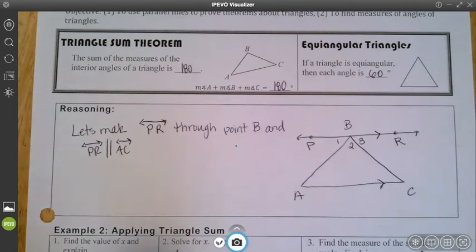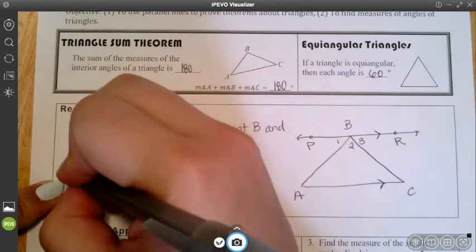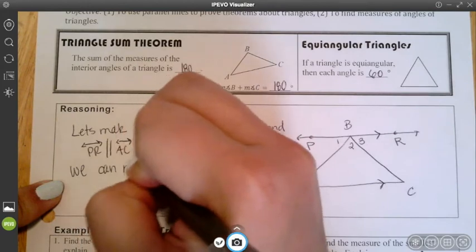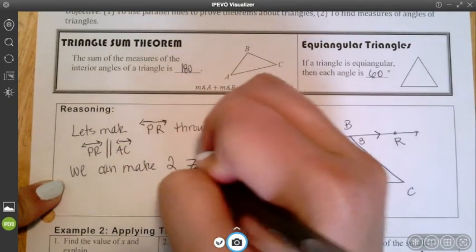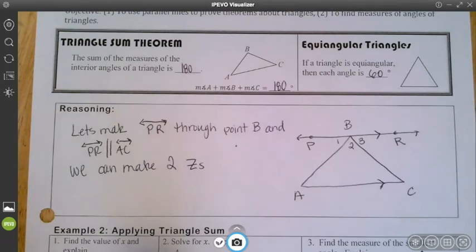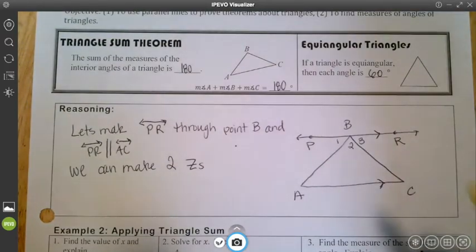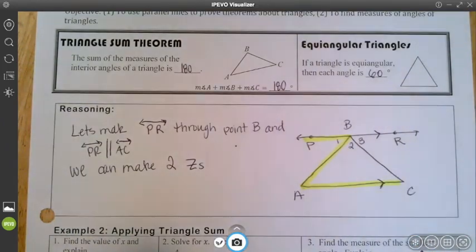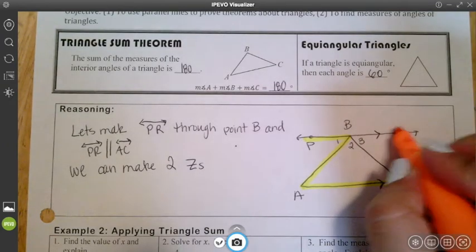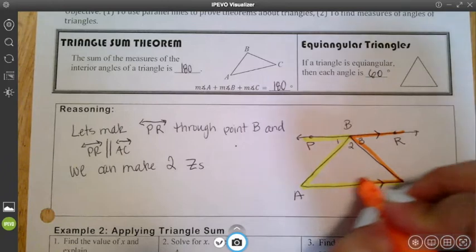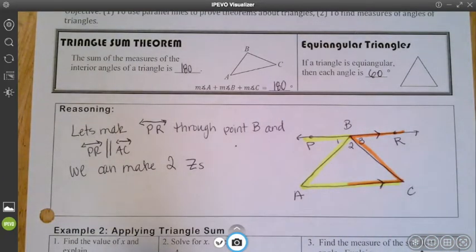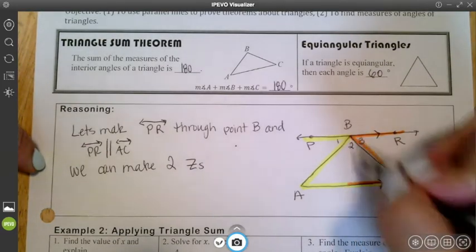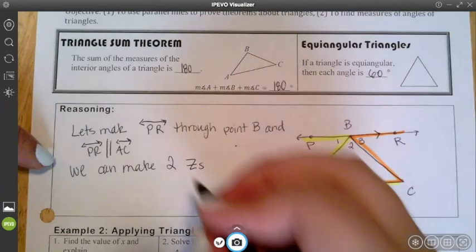And the reason we want to do that is so that now we can make two Z's, and I'll do them in two different colors. The first Z uses one leg of the triangle as its transversal, and the second Z uses the other leg of the triangle as its transversal. Okay, and what we have here is we've made two Z's with parallel lines, and therefore we can use